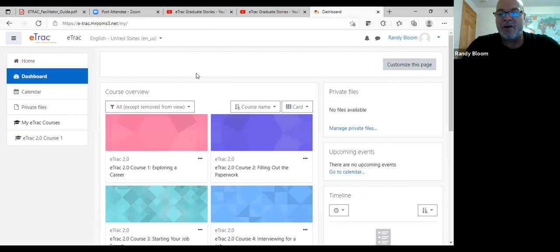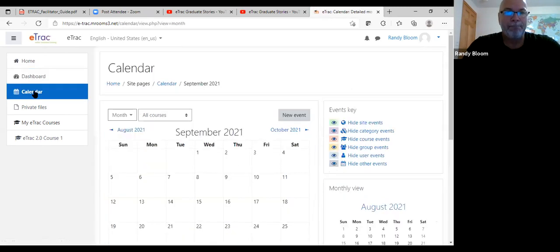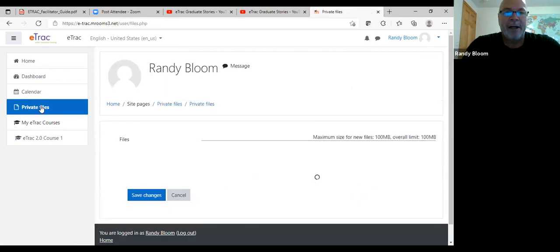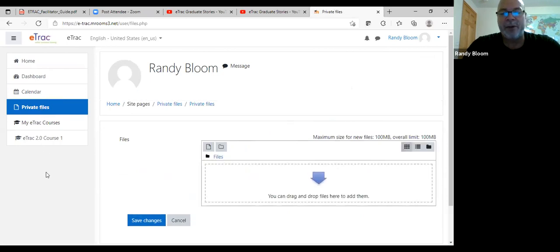And also we'll give you a quick look at private files, which is a function that is available if you want to keep different files within the system. You're certainly able to do that. There is a calendar function as well. I don't know if this is going to be useful for folks, but it is possible to use this if you want to just focus on the E-Track program. There's private file loadings as well, so you can save files in here as well.